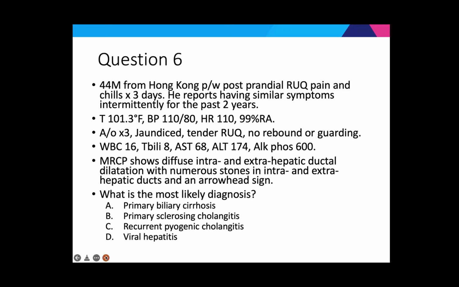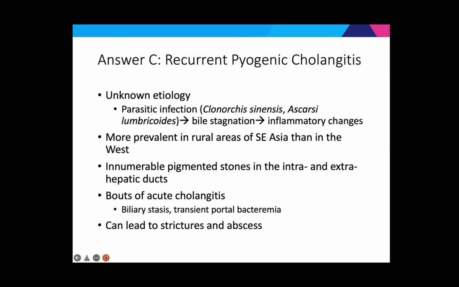Okay, so the clinical picture here is basically cholangitis that tends to be recurring. As the name suggests, this patient has recurrent pyogenic cholangitis. This used to be known as oriental cholangitis and was subsequently renamed appropriately to recurrent pyogenic cholangitis. The exact etiology of this condition is unknown, but it's theorized by many that this starts with a parasitic infection